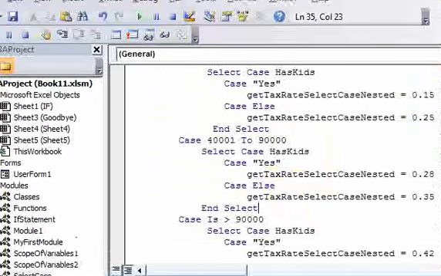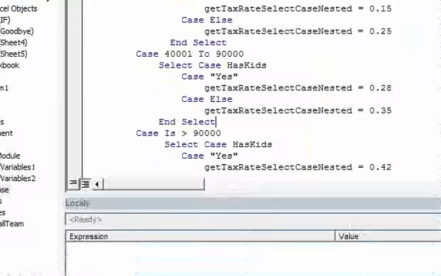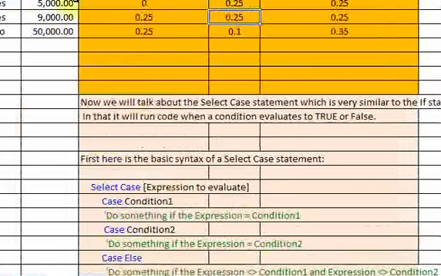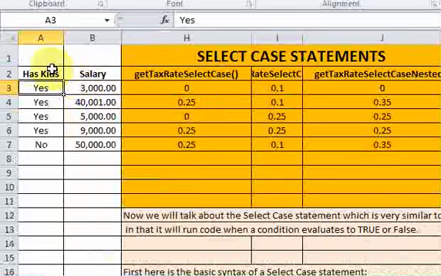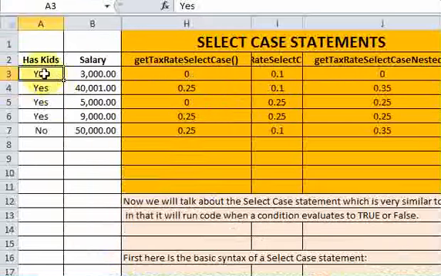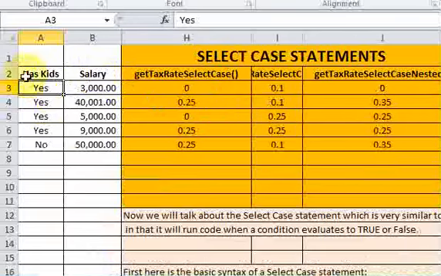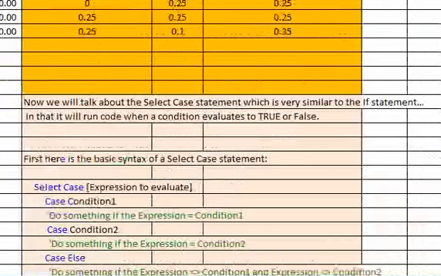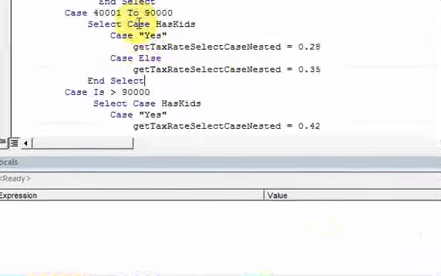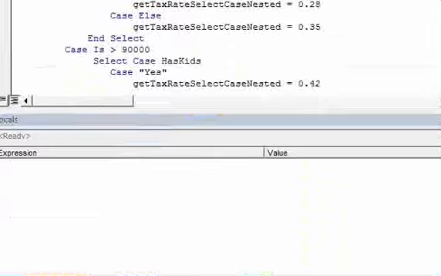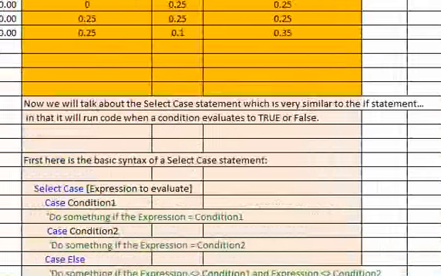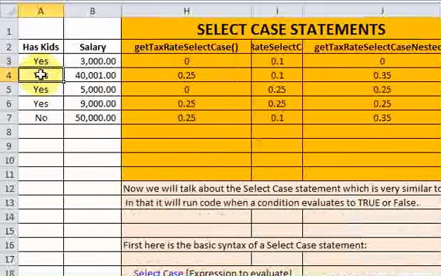So let's go back here. If you use capital letters here and then you want to match it to something in code, like I want to match the word yes, they need to match uppercase and lowercase. So here I have a capital Y E S, and that means here when I go to test condition, I need a capital Y E S. So now if I put in no for 40,000 for this,